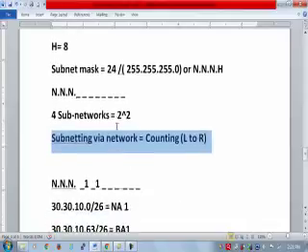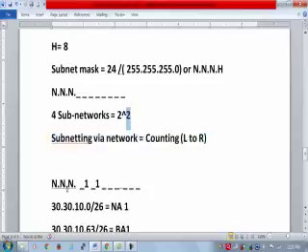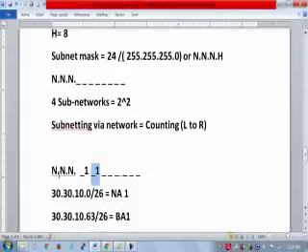So now I need 2 bits, and the counting will be done from left to right. Network dot host, I have 8 bits, 1 2 3 4 5 6 7 8. Inside this, I am counting from left to right. So 1 bit I am giving for network, and 1 bit I am giving for network. Earlier it was /24. Now I have added 2 bits to the network part. I hope it is understood how these 2 bits are coming, and hence now my new mask will become